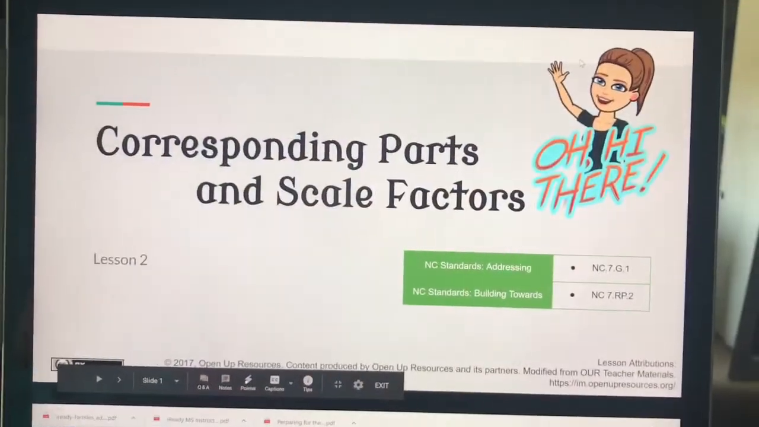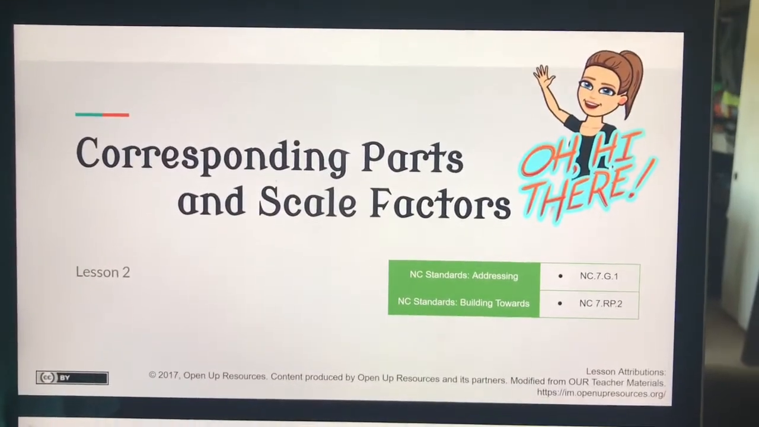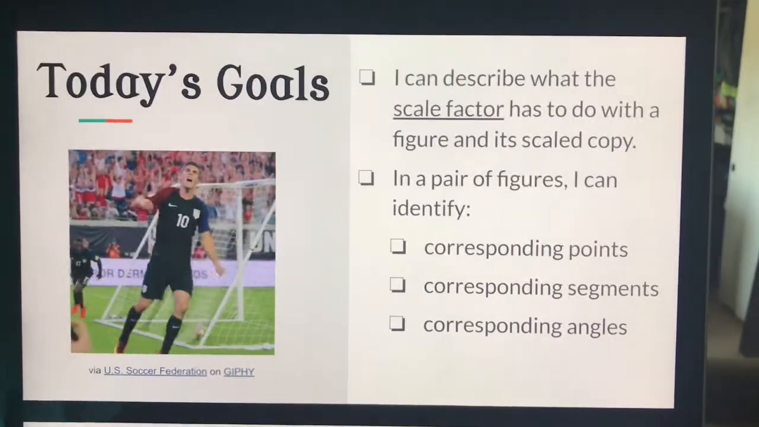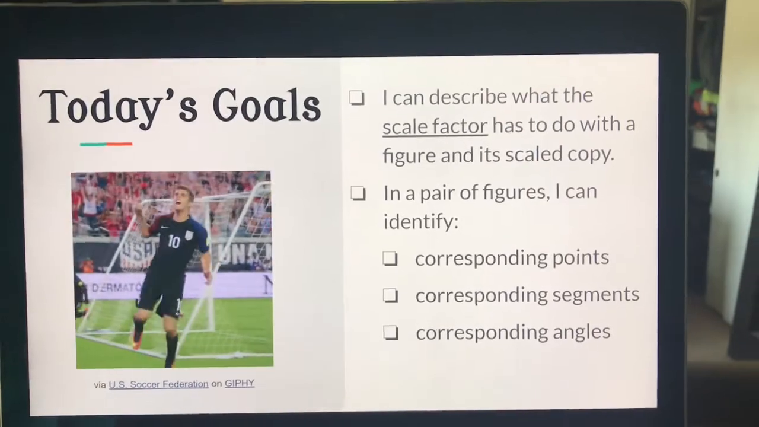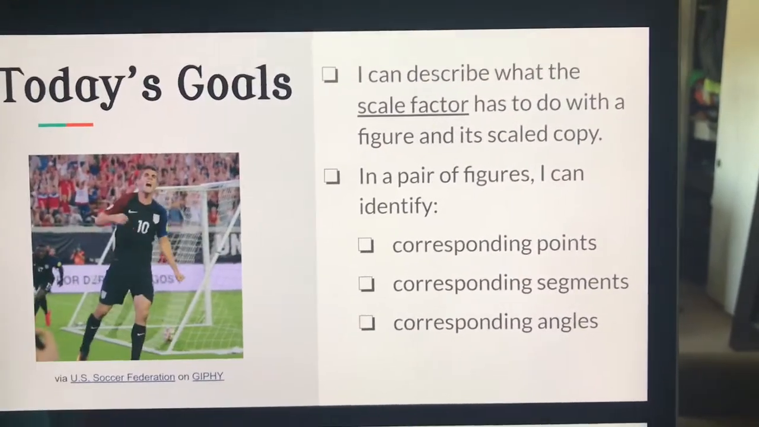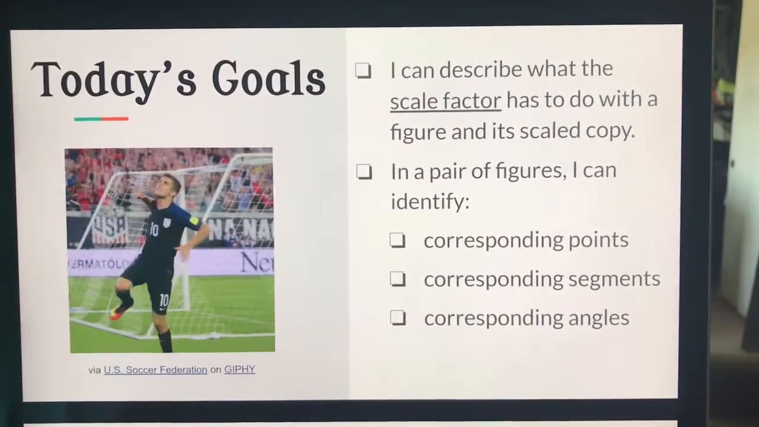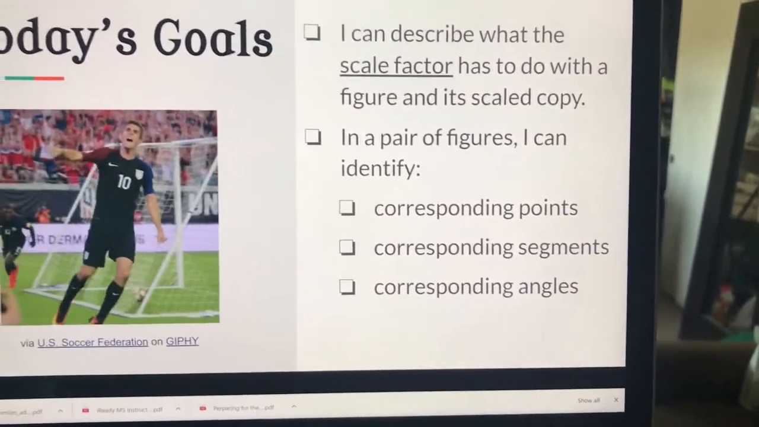Thank you. So today we're going to be doing lesson 2, which is corresponding parts and scale factors. So today's goals, you're going to write this in your book. It's, I can describe what the scale factor has to do with the figure and its copy. In a pair of figures, I can identify corresponding points, corresponding segments, and corresponding angles. And you're going to actually write this down on page 26